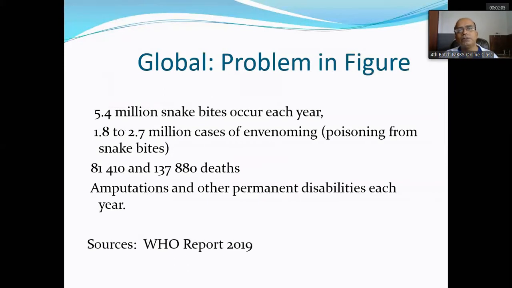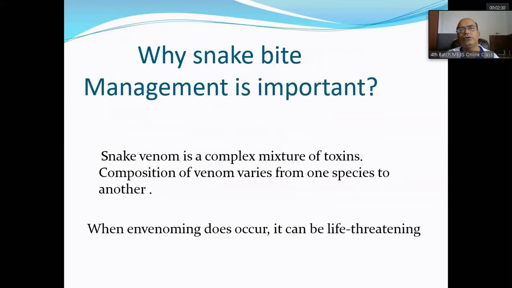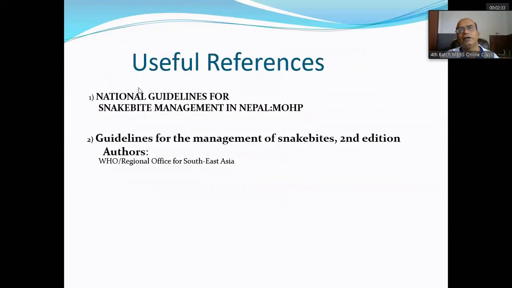The epidemiological part and the background I already covered in the previous class. In that class, I told you that the National Protocol on Snake Bite has been developed by the Ministry of Health, and it has covered so many areas that it is easy for us to follow that protocol. I just want to show this guideline once again, that this is the national guideline for snake bite management in Nepal, and it has included all the